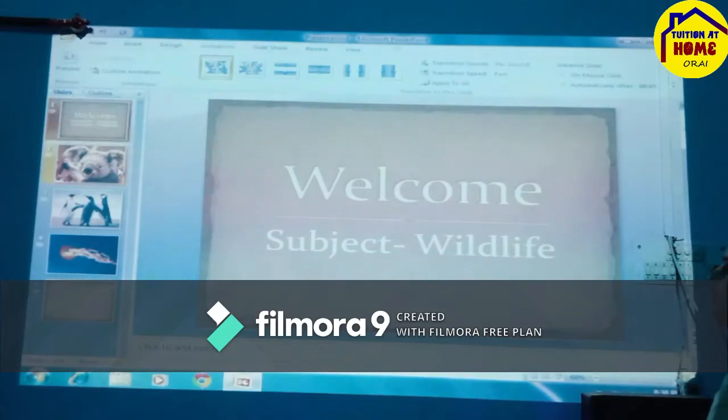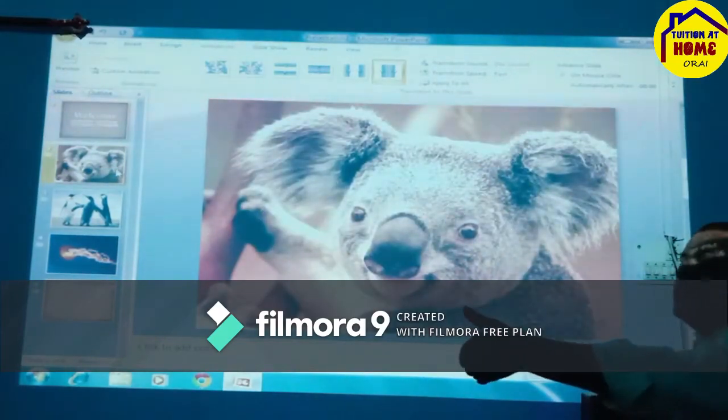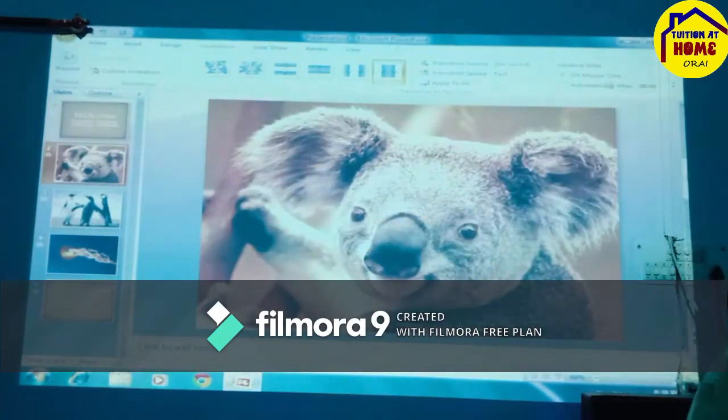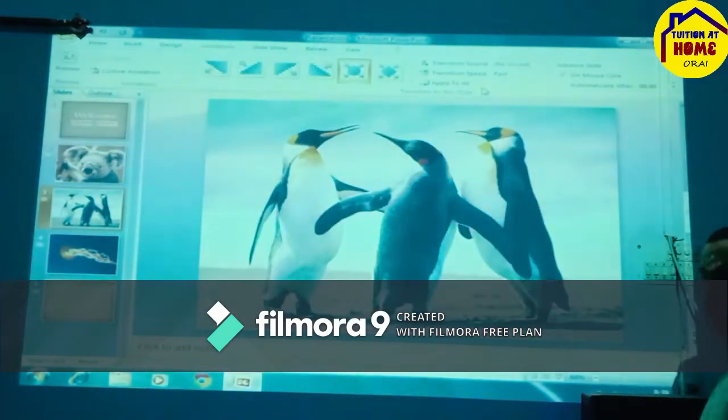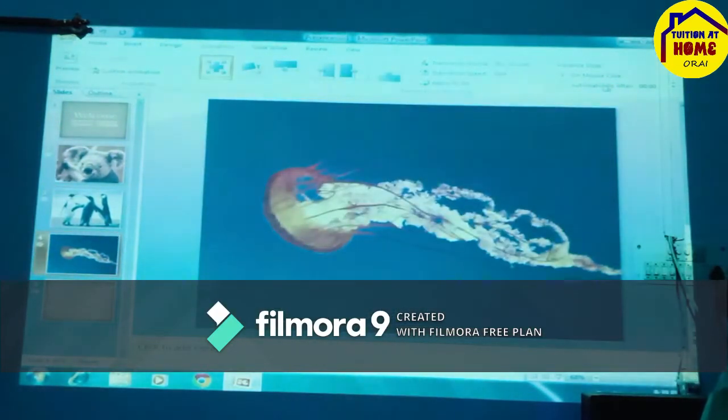Okay, it means every 5 seconds this slide is going to change. Again here you have to click on mouse click, and after that on the second one, so it will be ticked here, not from here. Now set the time from here to 5 seconds only. If you want more time, then you can select more time from here, but I select 5 seconds only because I don't have more time.